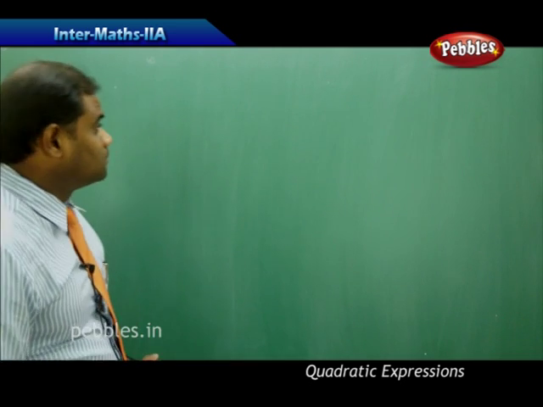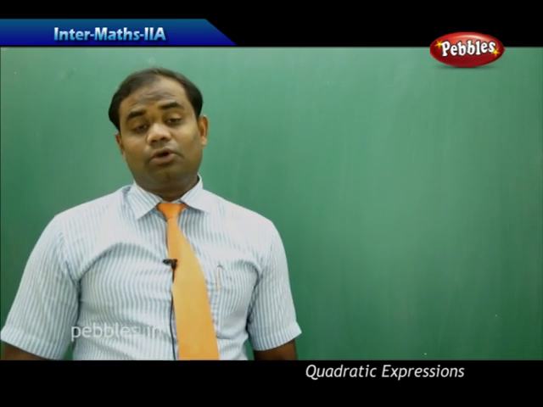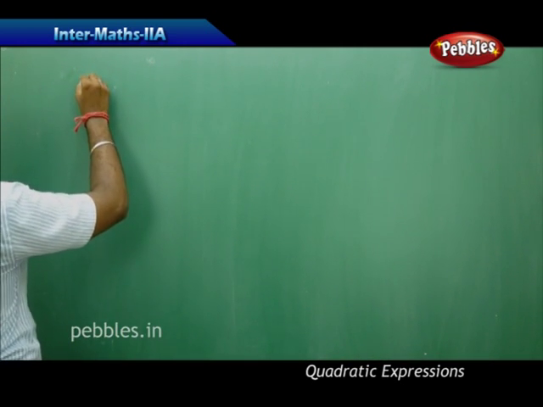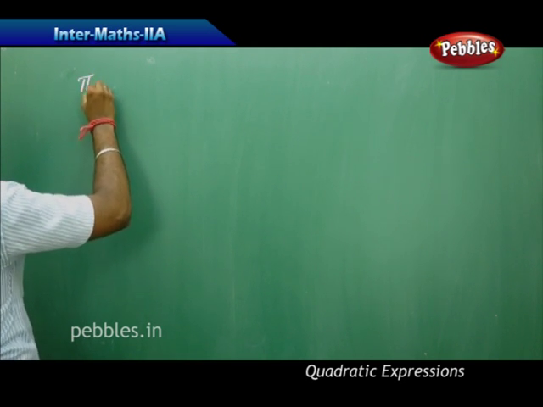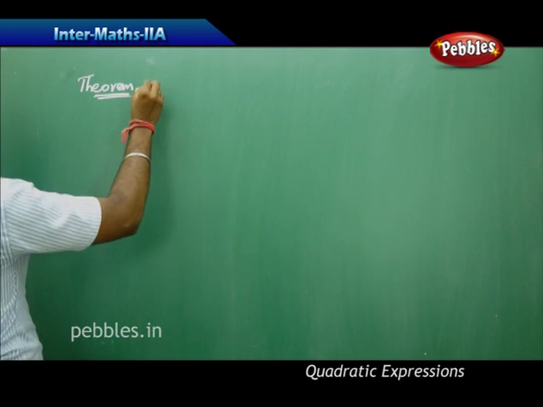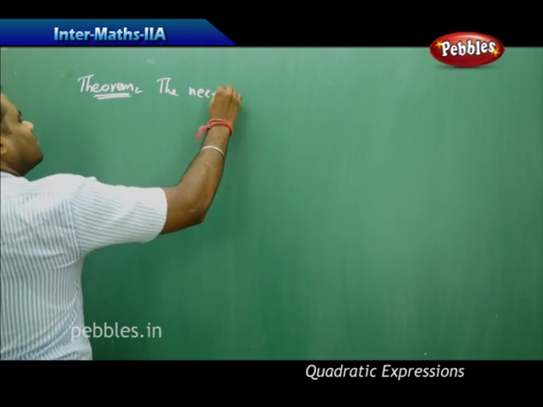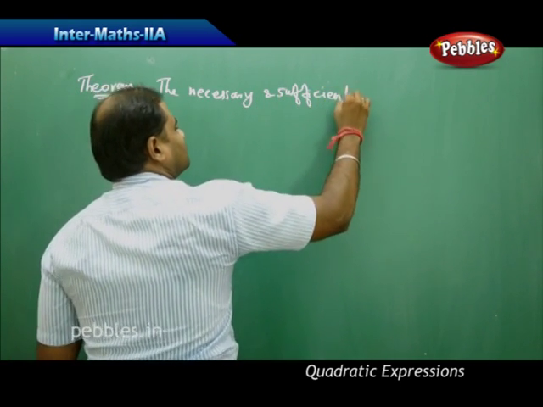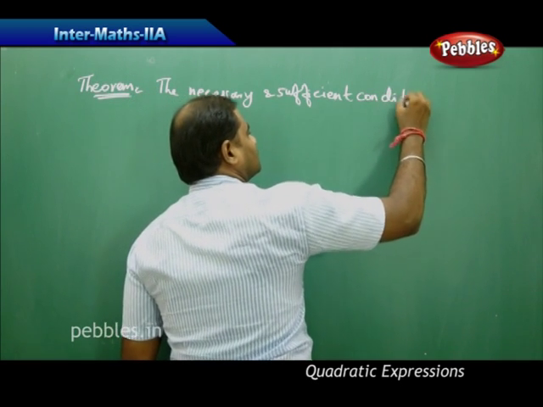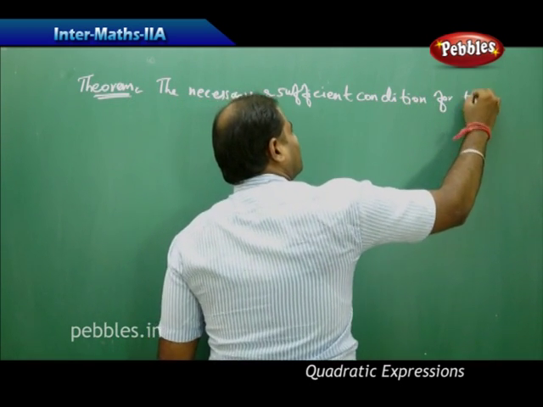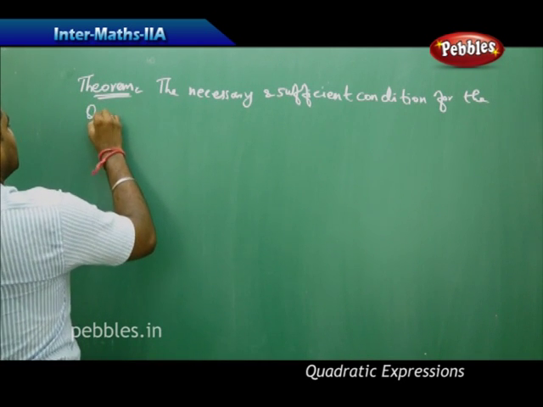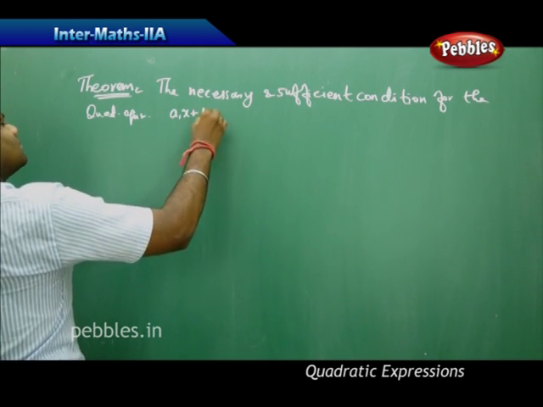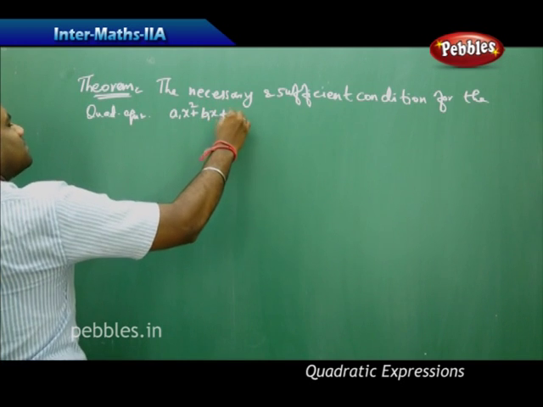Now let's see a theorem through which we understand the common root concept connected with a property. The theorem says that the necessary and sufficient condition for the quadratic equations a1x squared plus b1x plus c1 equal to 0